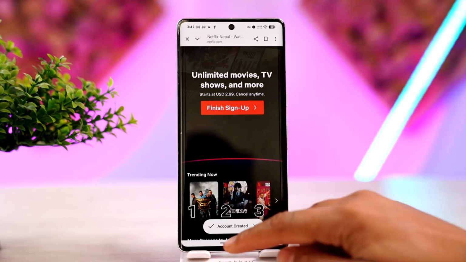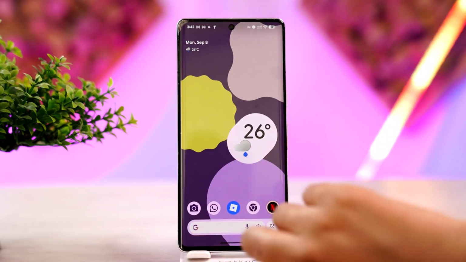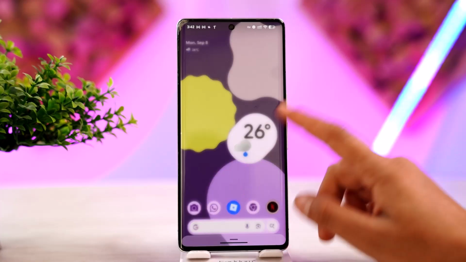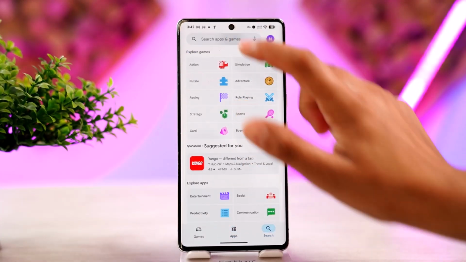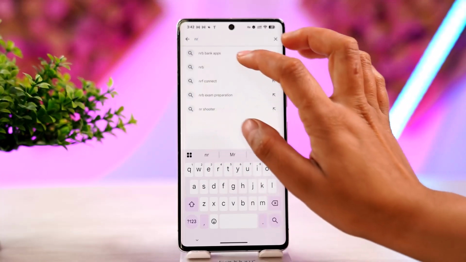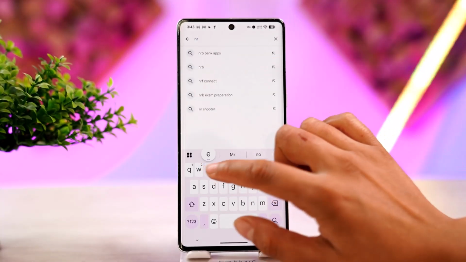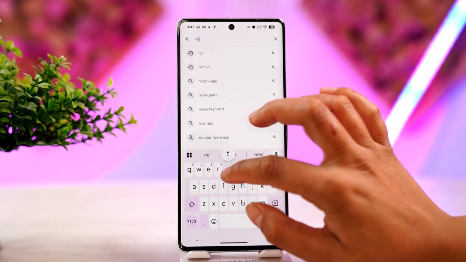And then to begin with, you simply want to exit out of this page and open up your respective app store. When you open up your app store, on the search bar, type in Netflix. And when you locate the Netflix button, you want to simply tap on it or tap on the update button